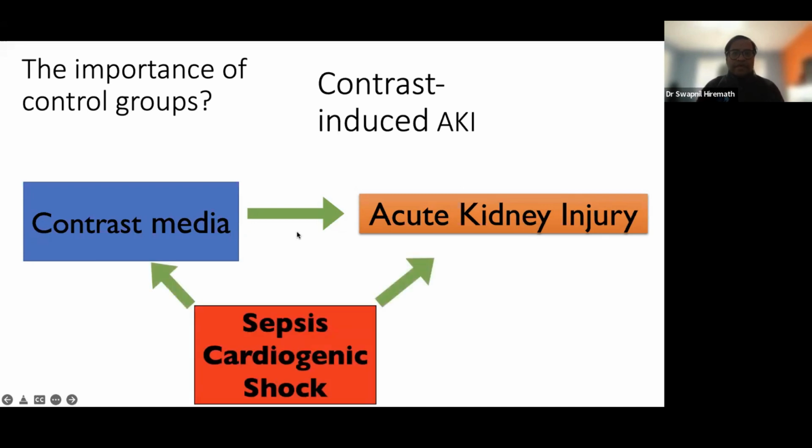But often a patient will receive contrast because they have sepsis or because they have cardiogenic shock or something like that. So if your patient has sepsis and cardiogenic shock, and that is why they are having a CT scan, or that is why they are having an angiography, the contrast is not really causing the AKI. The reason why you gave contrast, the reason why the contrast study was done, is what is possibly causing